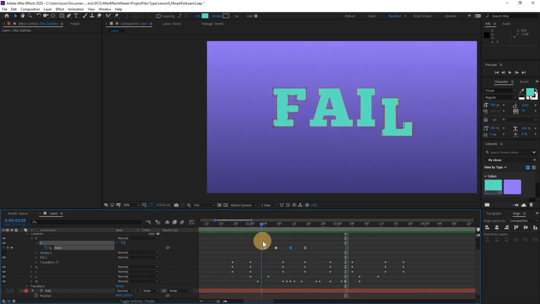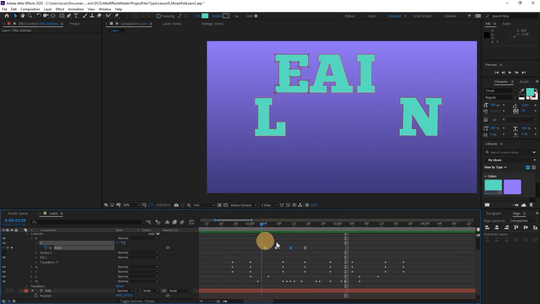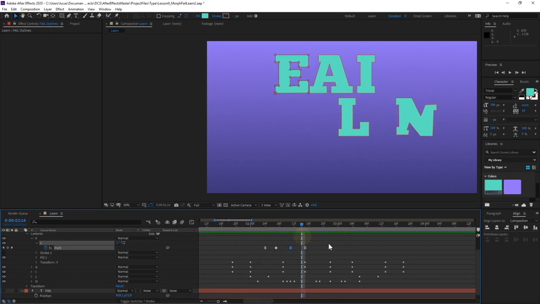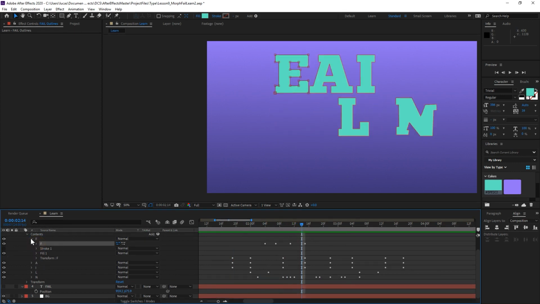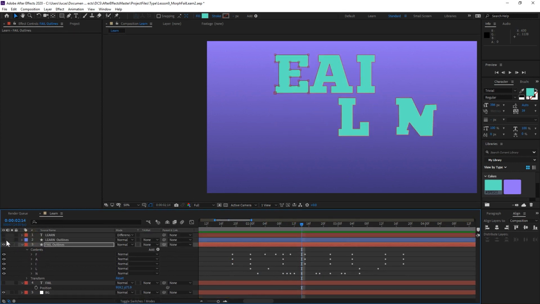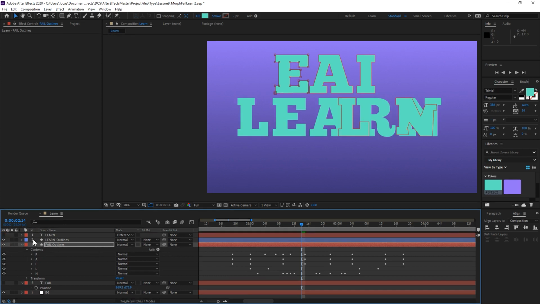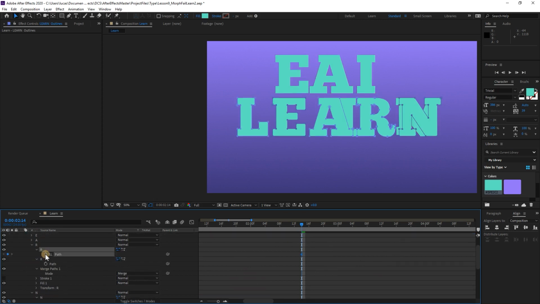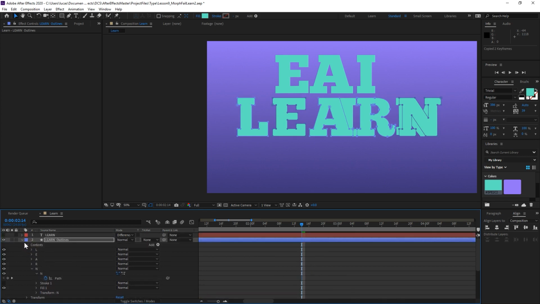We're not really going to see it that well doing that. So if you want to see the E transformation, then I would recommend putting it somewhere else. But for now, let's just leave that. Let's go over to the original learn, and we need to grab the R now. So let's grab the R path. We have two paths here, and we need to set a keyframe on both of them. Control C, copy. Now we can go back to the I